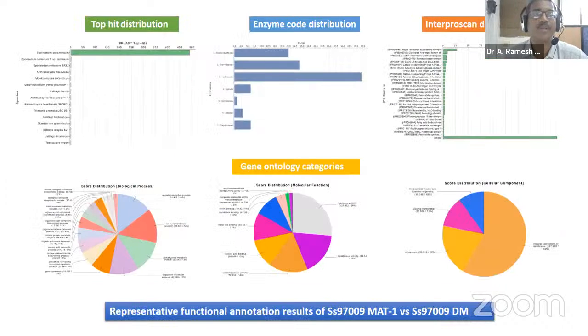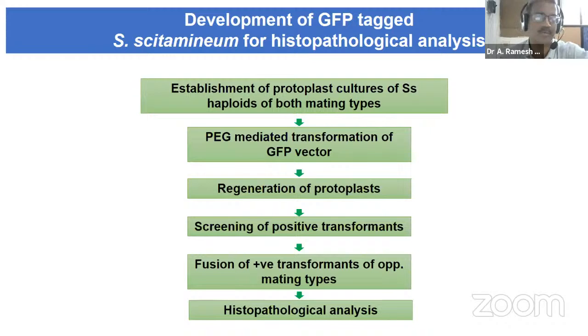Finally, for the functional annotation, these results clearly show a dominant class of hydrolases. The functional categories are divided into biological process, molecular function, and cellular components. We used lots of computational biology tools to analyze the huge chunk of data we have got. This is the second part of the work, which I will just run through, because there will be another presentation by one of my colleagues.